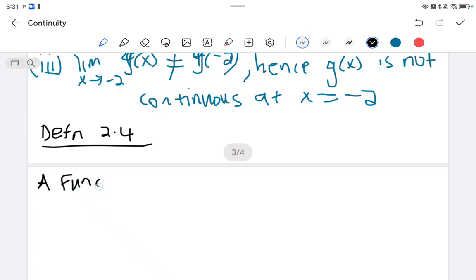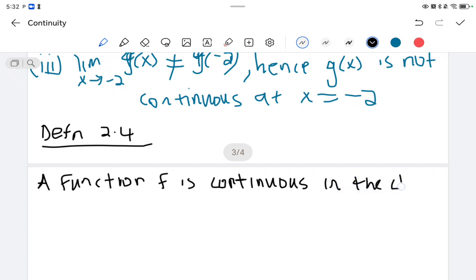We're going to say that a function f is continuous in the closed interval, and that interval is AB,